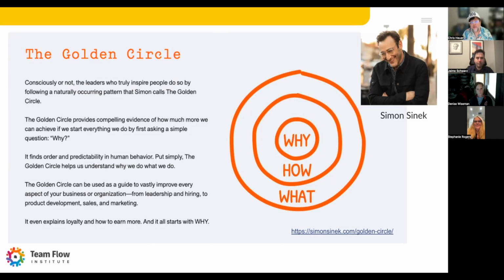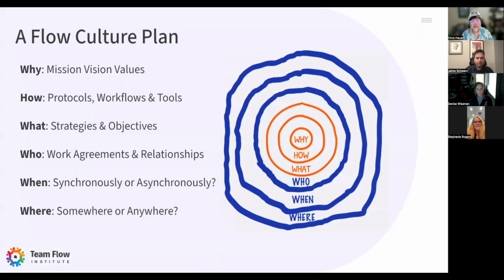Not all organizations are big enough to do a full exercise in building a culture plan that enables flow along the lines that we're talking about. But it's a simple framework that you can apply. I can tell you I've used it with a small business that is 2 people. And getting the clarity around this, accepting what you're not doing as well as what you are, and how you're going to go about doing it and what matters. Those conversations and planning and foundation building were invaluable